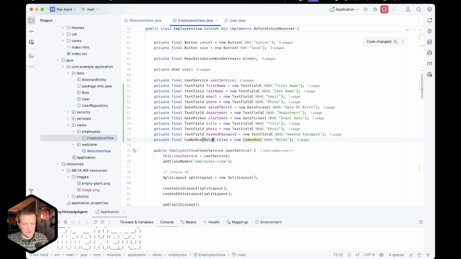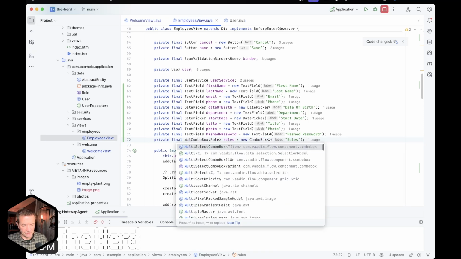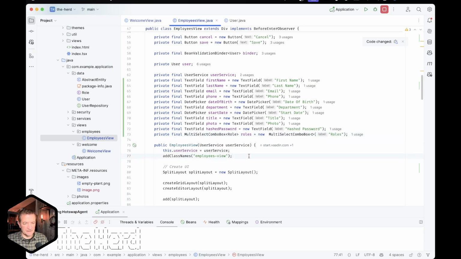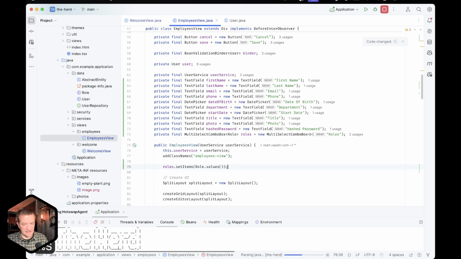So we want that role. And then actually I do want it to be a multi-select. Multi-select combo box. Maneuvering here, so something like that. And yeah, we want the values to be added. Maybe that's not the best place to do that, but